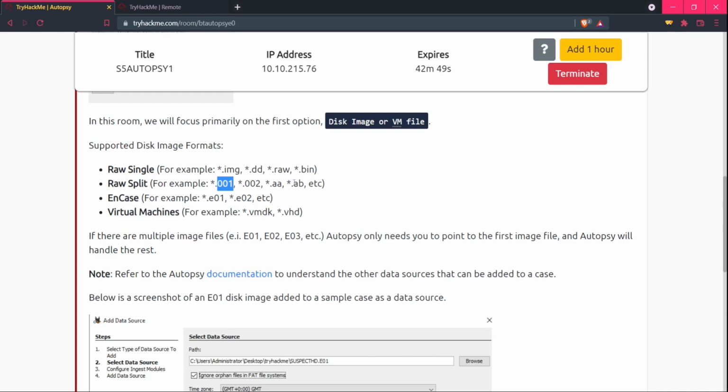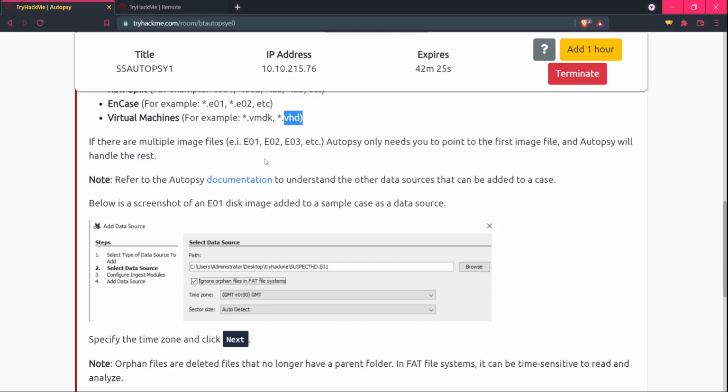The next is EnCase, that is E01, E02, and there is also a pattern. The next is virtual machine. If you use virtual machines, you may know that the virtual machine storage is given as VMDK or VHD.